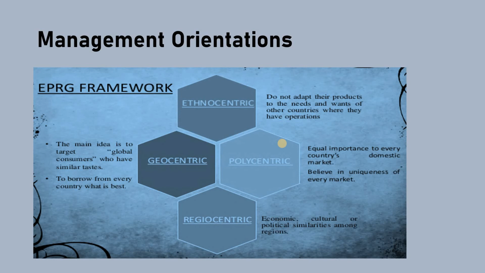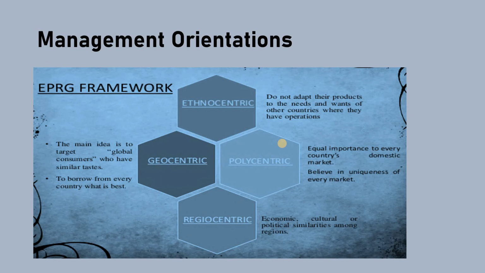Now coming to various marketing orientations. Okay, this is quite interesting. Now let us discuss one by one. The acronym is EPRG framework. E is ethnocentric, P is for polycentric, R is for regiocentric, and G is for geocentric. EPRG. Let us discuss one by one. First, let us say ethnocentric. Now, a person